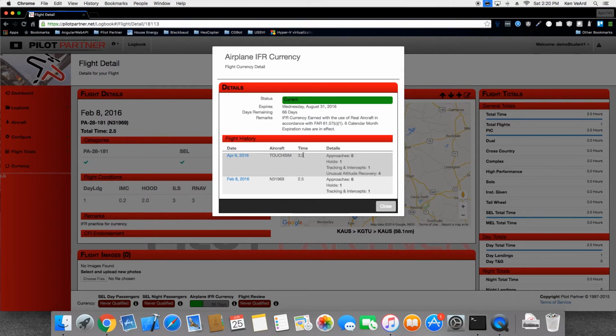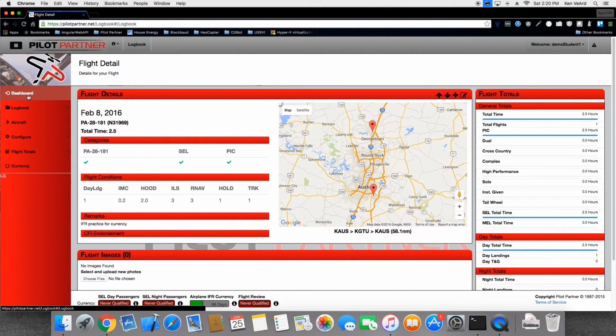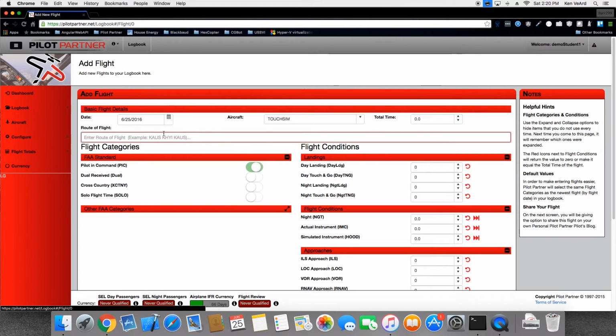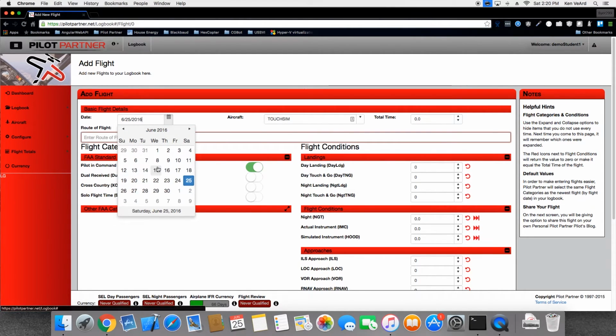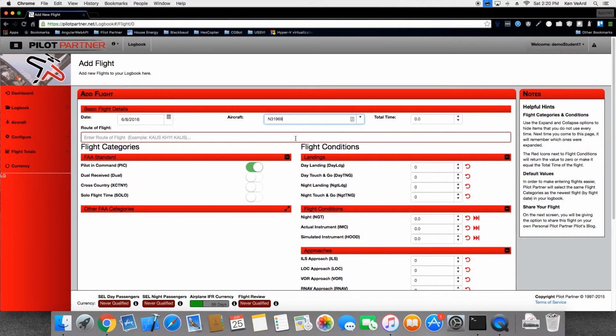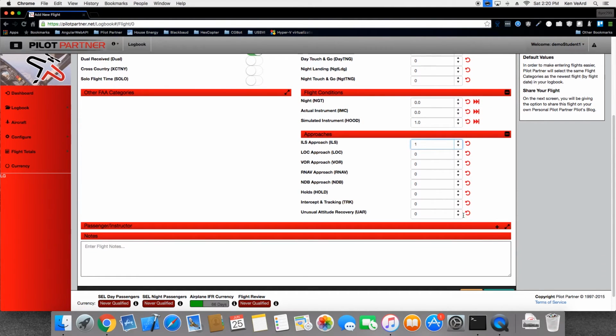And then when we close this out, the next example that we want to show is how we use the blended model, where you can use the 6-month currency rule in a real airplane and in a simulator side by side. So since we did a full simulator flight where we got 6 approaches and all the requirements for simulator back in April, if we come in June and do a short instrument flight in a real airplane, again making sure PIC is enabled, log it like normal, make sure that we log our hood time as appropriate. All we need is 1 approach, 1 hold, and 1 intercept and tracking, combined with our full requirements for the simulator. In this case it was the touch sim that we flew in,